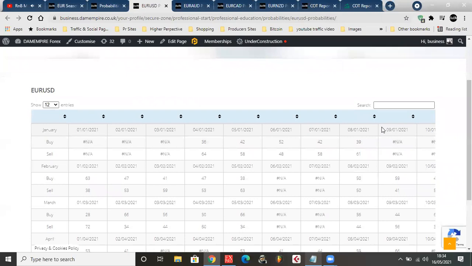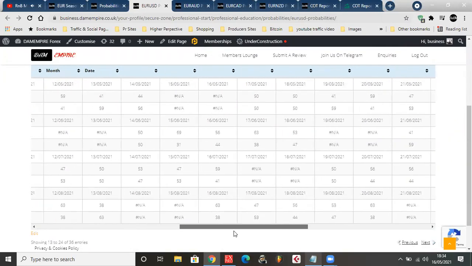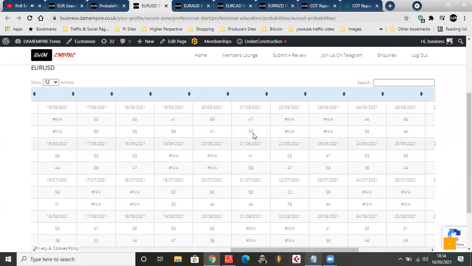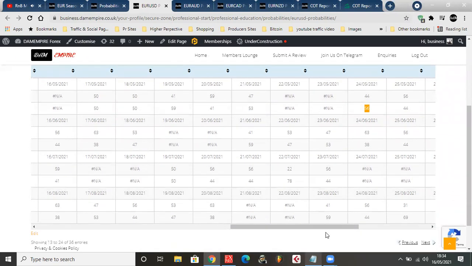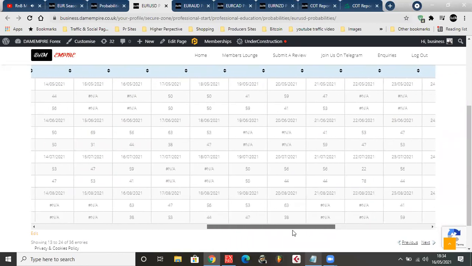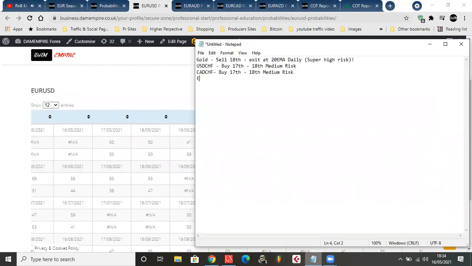So euro USD, 50-50. So with euro USD, for example, euro USD gives us that dump on Friday. Then it continued on to the next Monday. Then I think a pullback is in play, and then 50-50. So with this, for example, euro USD, I can say on Friday, I could dump euro USD on Friday.